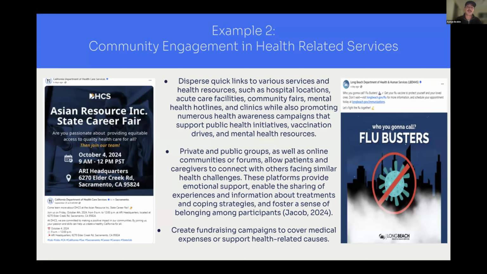give you services and health resources, hospital locations, acute care facilities, even community fairs, health hotlines. And it's a way to promote health awareness campaigns and support health initiatives, or on the right, vaccine drives and mental health resources. So with private and public groups and online communities or forums,